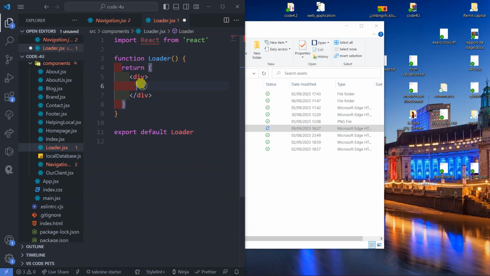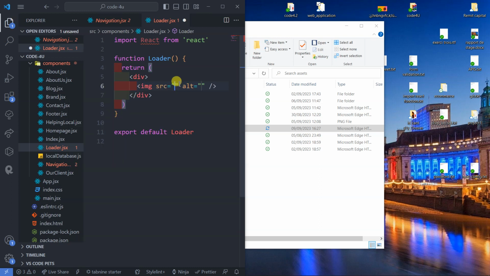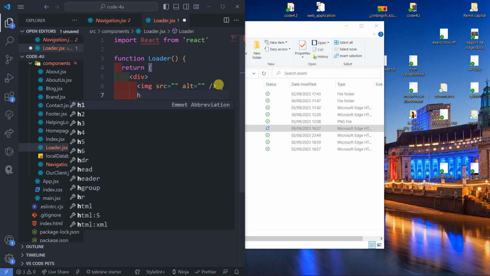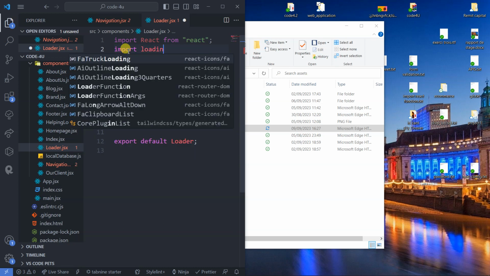So here I will have an image. Then under the image, I prefer to put the h1 text, which says something like loading, and then triple dot, 1 2 3, something like this. And then I have to bring this image here, so I have to import it up here. Import. I call this one loading from